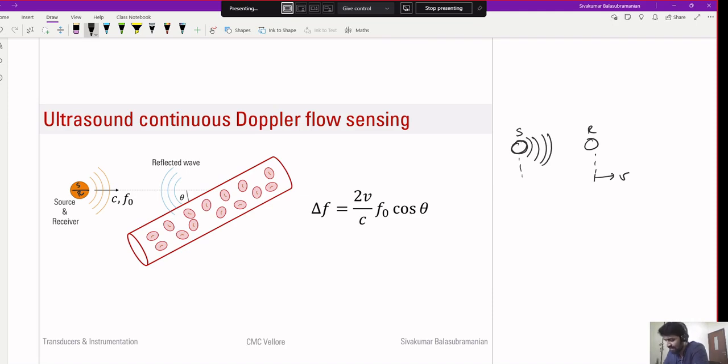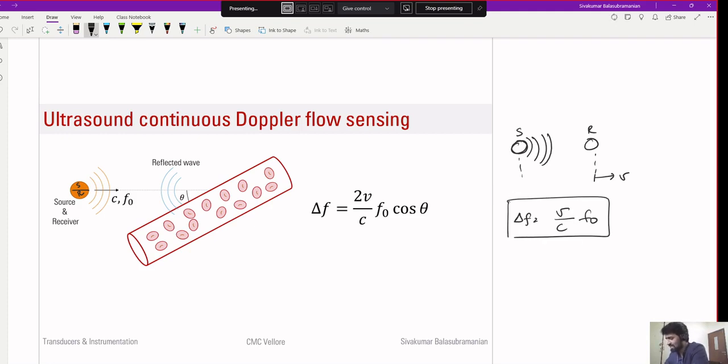What is being received by the receiver is ultrasound that is reflected from the RBCs, and what is being received by your RBCs are the ultrasounds that are generated by the source. So in the previous case where delta f was v by c into f naught,